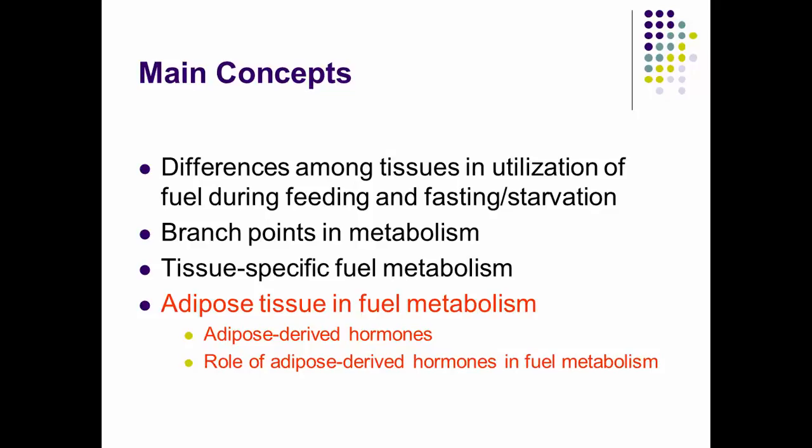Here we're talking about specific tissues like brain, liver, kidneys, muscle, and other tissues, and what type of fuels are utilized in the different tissues in fed and fasting conditions. And lastly, we're going to cover